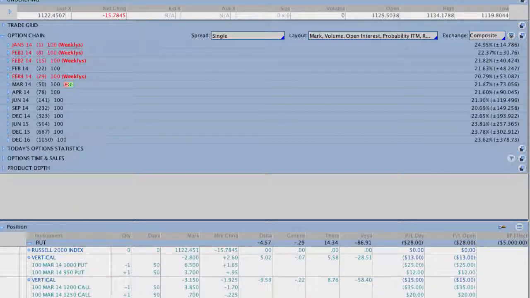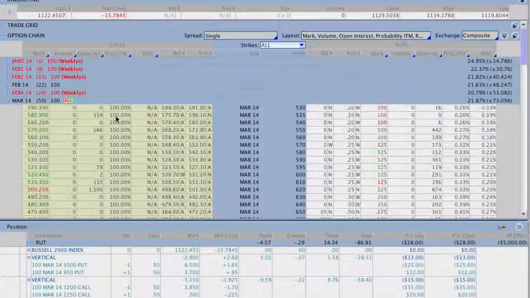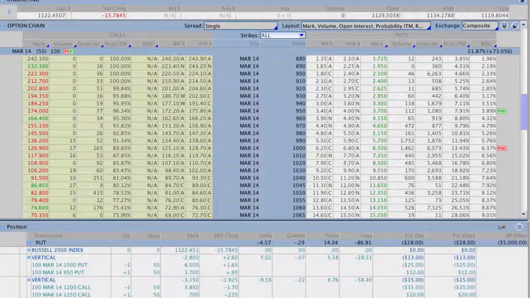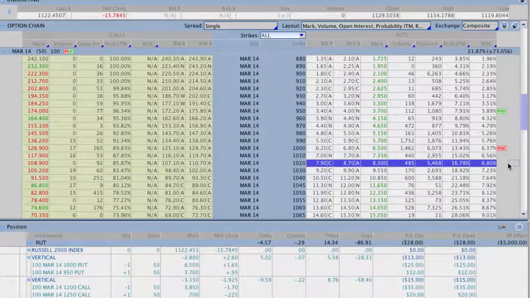So you'll notice, again, down here in the bottom left-hand corner, we have our two positions, the two separate verticals that we entered, the 1,000 put, 950 put, and the 1,200 call, 1,250 call. But where did we enter that trade? So where was the actual pricing and probabilities? Well, let's go to the actual pricing tab, and you'll see our position here on the right-hand side. And it's designated by these little tags here, this POS or position for the put side and POS position for the call side. And you'll notice on the put side of the market that our probability is right at